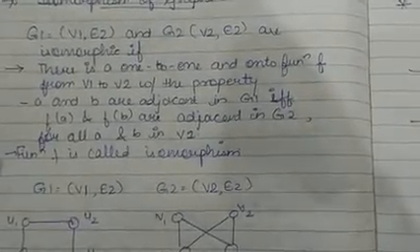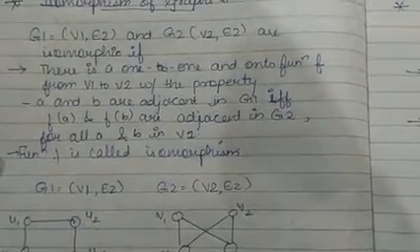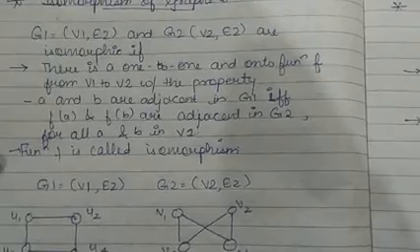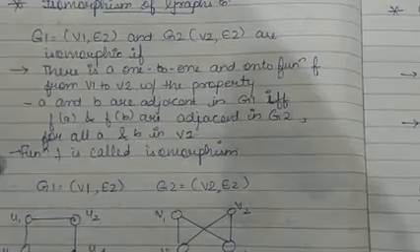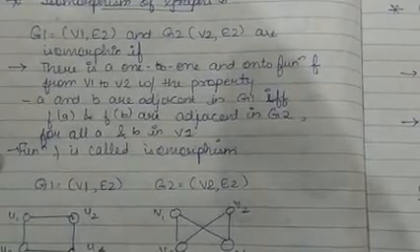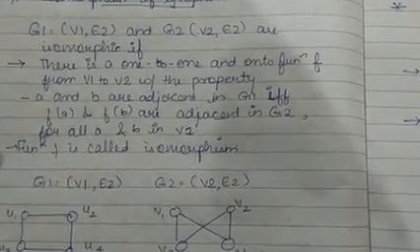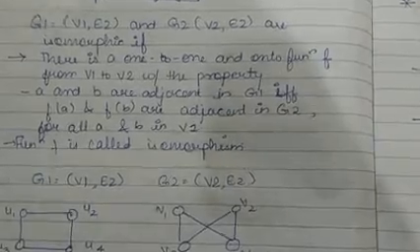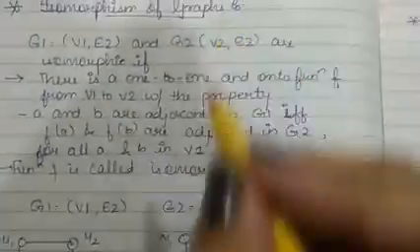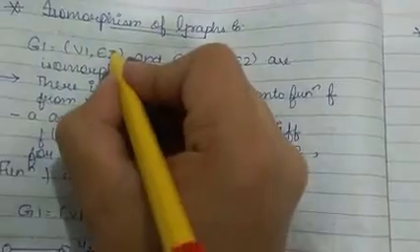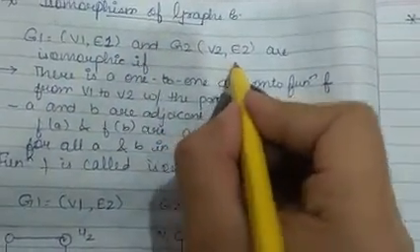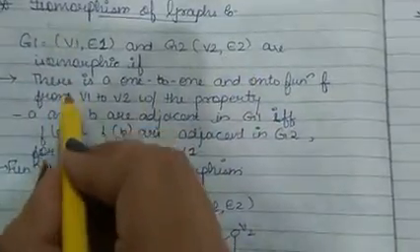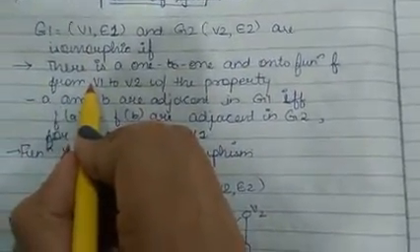Suppose we have two graphs G1 and G2, where G1 has vertex set named V1 and G2 has vertex set named V2, whereas G1 has edge set named E1 and G2 has edge set named E2. They are isomorphic if there is one to one